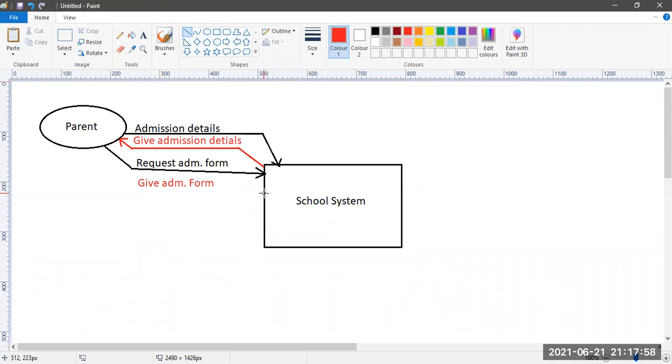Now when I'm giving the admission form, should this line be like this? Should it be like this?